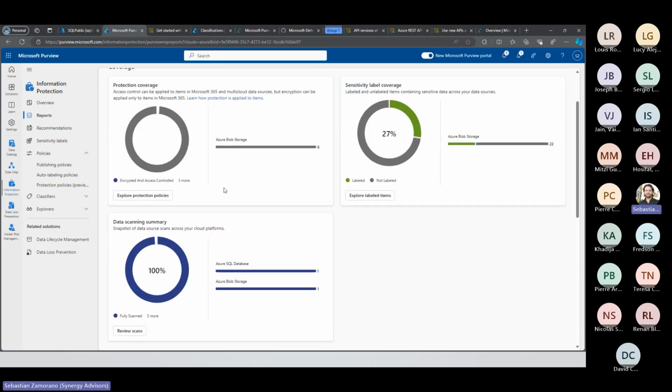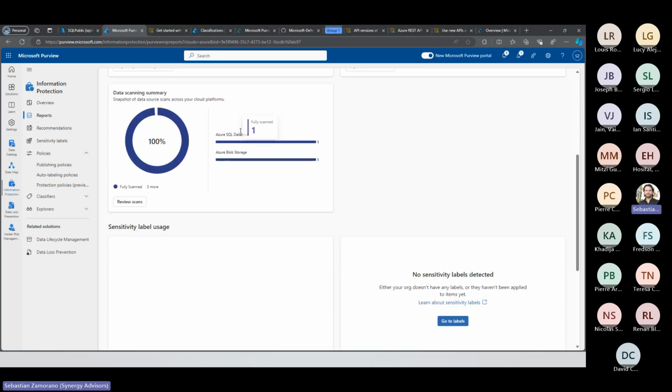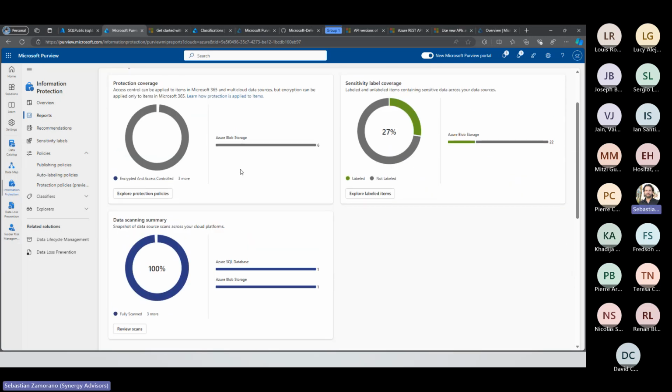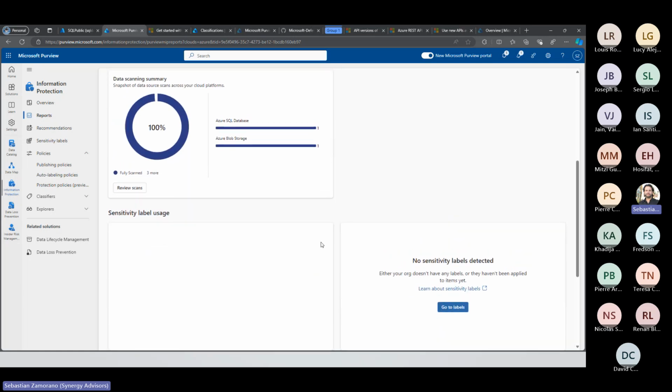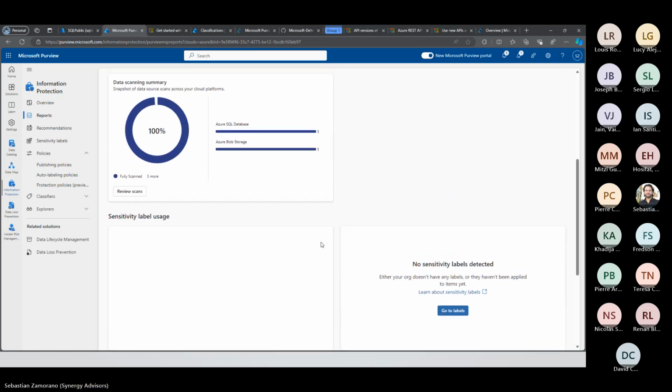The reports are not the best here in this one, but we are able to see the data scanning summary, the protection coverage, the sensitivity label coverage, and some additional information. And why am I coming here? Because